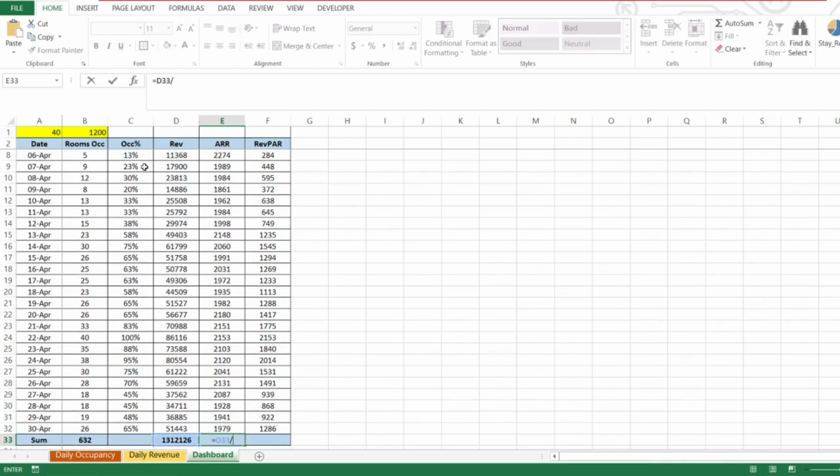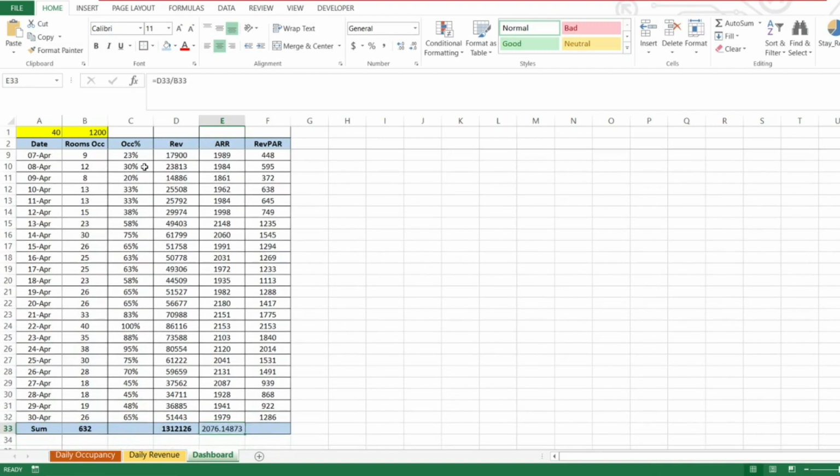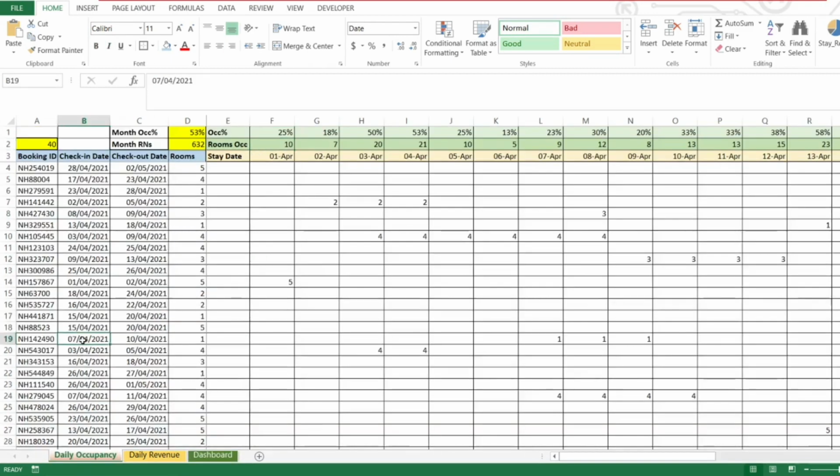So how useful is this formula? You'll come to know once you apply it to actual data. If you have actual data of your hotel, you can apply this formula in Excel over the bookings data, and you can generate these useful KPIs. So if you're ready, we can start off with this. I'll just give you a look at the formula once again. It uses an IF statement along with an AND operator, and it gives you the daily rooms occupied for each